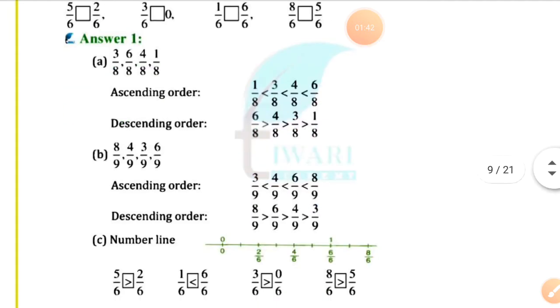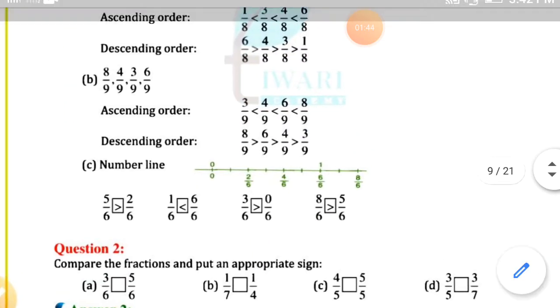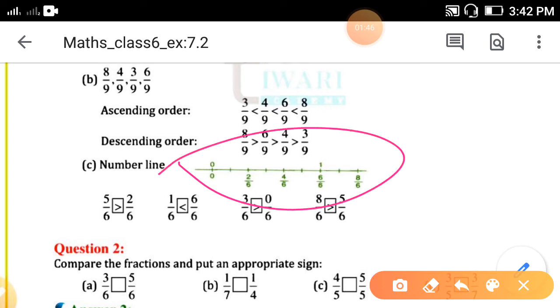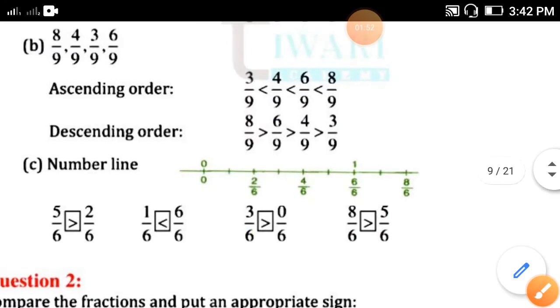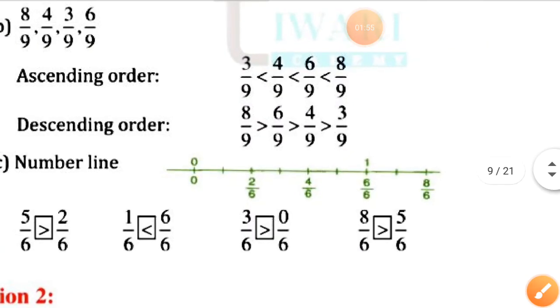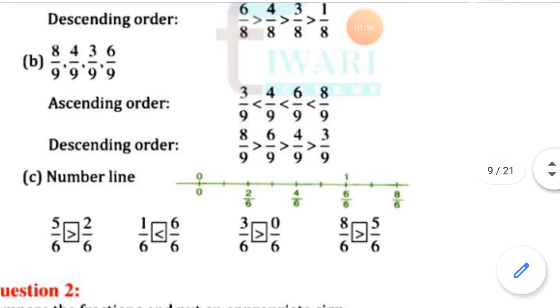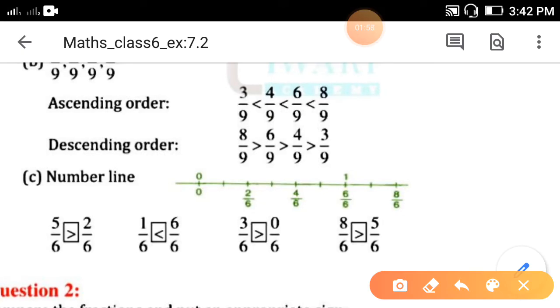Now third one, see, show the given fractions on the number line and put appropriate signs between the fractions given. So fractions you have to show on the number line. What are the fractions? It's 2 upon 6, 4 upon 6, 6 upon 6 and 8 upon 6. Before also I have explained, I think, that whatever denominator is given,